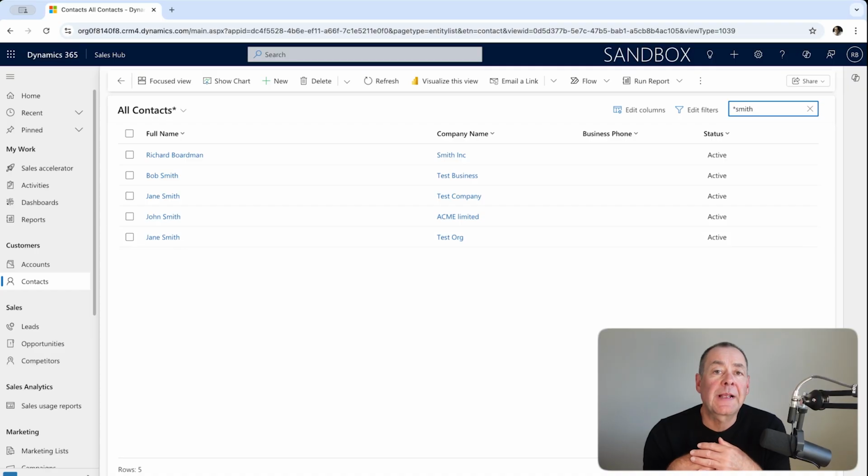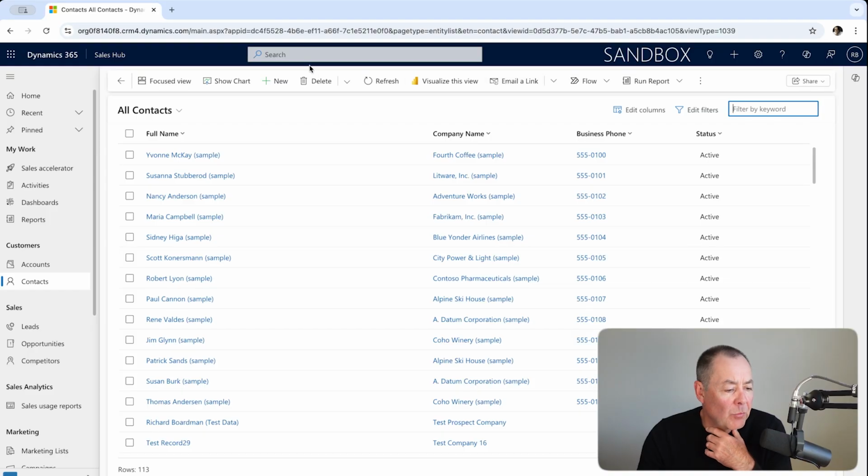From a personal standpoint, that is probably where I do the bulk of my searching. I find it quick, intuitive, easy to use. However, there's pros and cons to it. As I say, it's simple. You get the data and just the data you need from within the view. However, if you want to do more complex searches, perhaps you want to search for something that isn't indexed on this view, or you want to search by multiple criteria at the same time, not really the tool to do that. So let's go on to our next search,